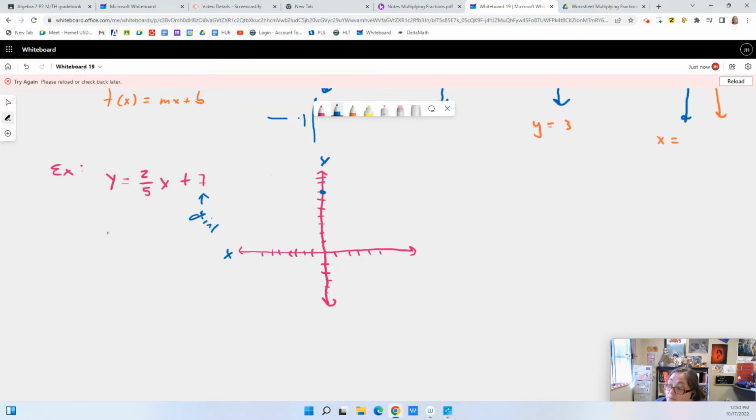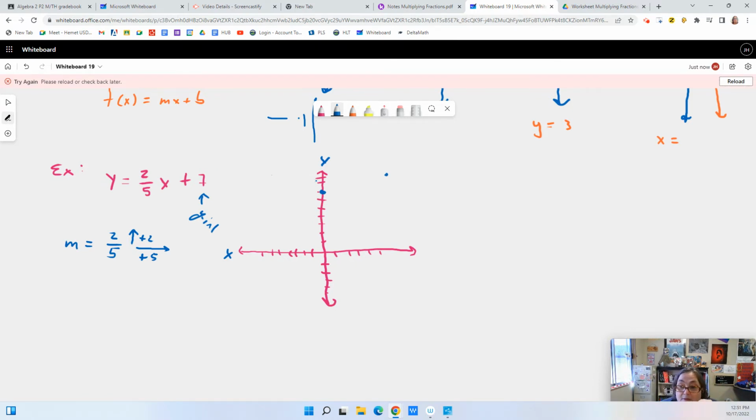My slope is 2/5, right? My slope equals 2/5. That means I have my rise on top, which is plus 2. And I have my run, which is 5 in the positive direction, so plus 5. So from here, I can either go up 2 and positive 5, or if I want,